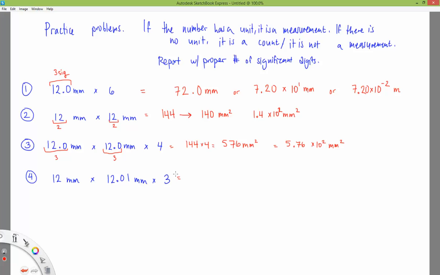All right, so this last one. We'll punch this into the calculator. We get 12 times 12.01 times 3, and we get 432.36 in the calculator, okay? But we only have 2 significant digits here. We have 4 significant digits here, and the ones, they don't count. So we have to go down to 2 significant digits. So we would have 430 millimeters squared, or 4.3 times 10 to the 2